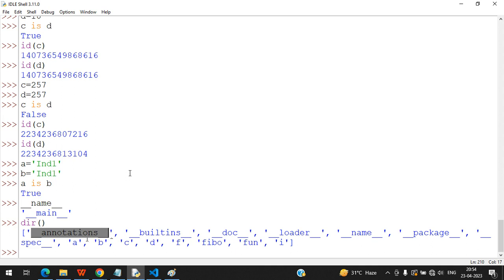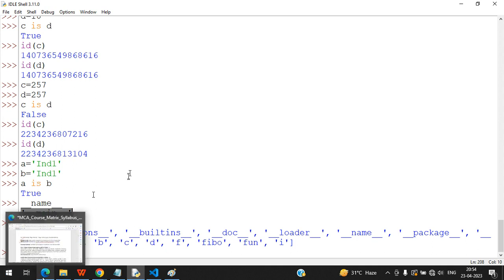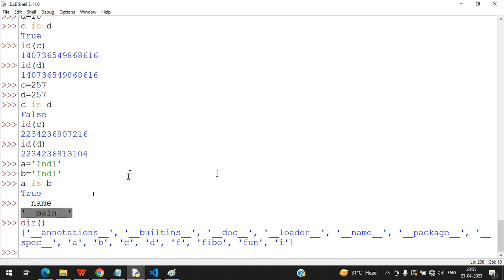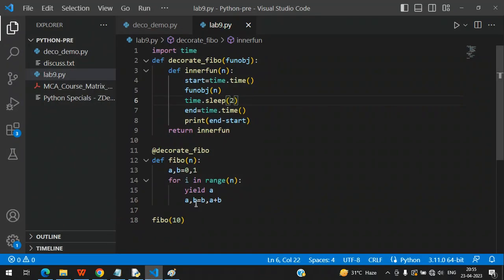So we need to combine both of them. Whatever we write here till now, it all goes in this section, under the main. With respect to that, you have a very good concept called packaging and modules. We have that in our syllabus also. I don't know whether in live classes that has been covered or not. Packaging and modules is something you should know, because when we write the code, see here,